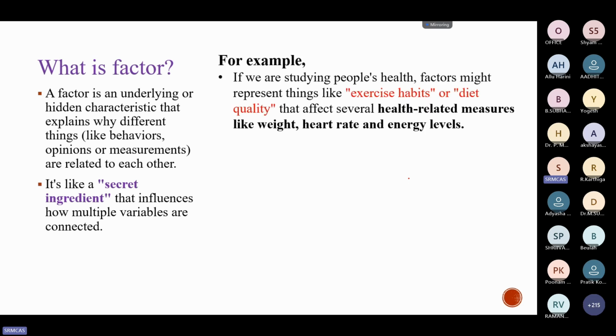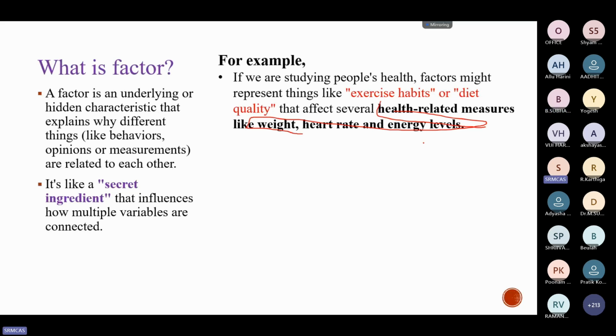So for example, if you are studying people's health, factors might represent things like exercise habits or diet quality that affect several health-related measures like weight, heart rate, and energy levels. So these are all the variables, but these are all unknown factors. Our task is to find whether these are related to these factors through factor analysis or